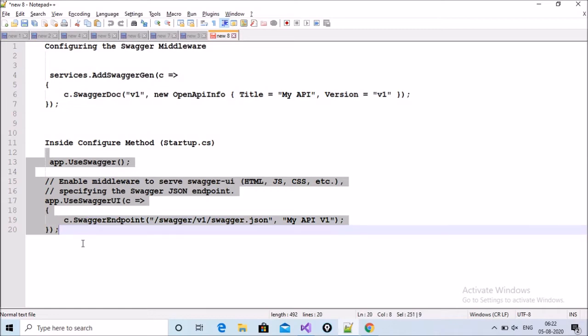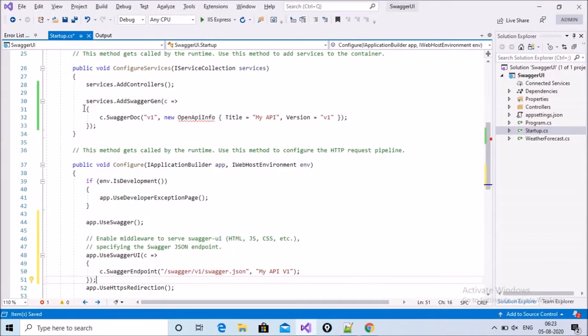Copy this one: services.AddSwaggerGen and c.SwaggerDoc with OpenApiInfo. We can see that services.AddSwaggerGen has been added successfully.